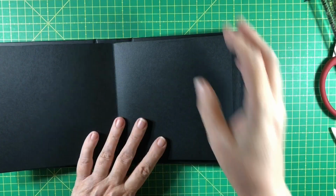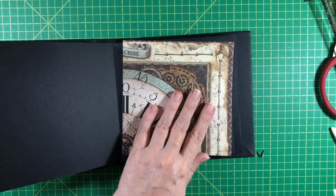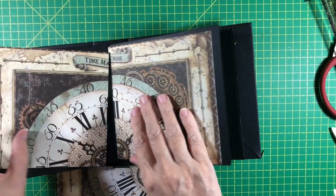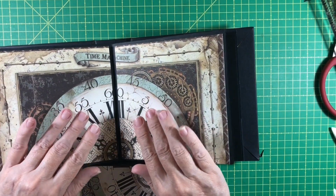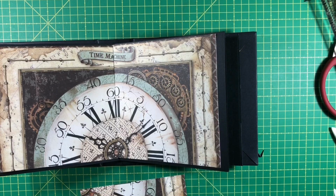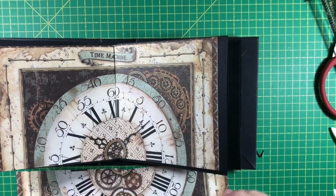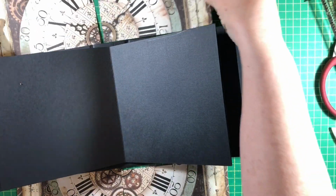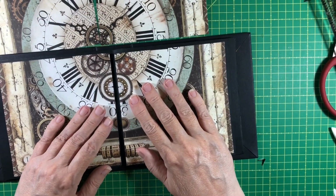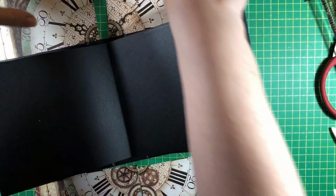All right, so this is the page where I intend to use those pieces that I just showed you, the time machine pieces. There. Okay. And I want to use all 4 of them. So what I'm going to do is create 2 flaps, okay? And I'm trying to decide if I want to use 2 flaps that flip up and reveal the top parts of the clock, or do I want 2 flaps that come down and reveal, for instance,